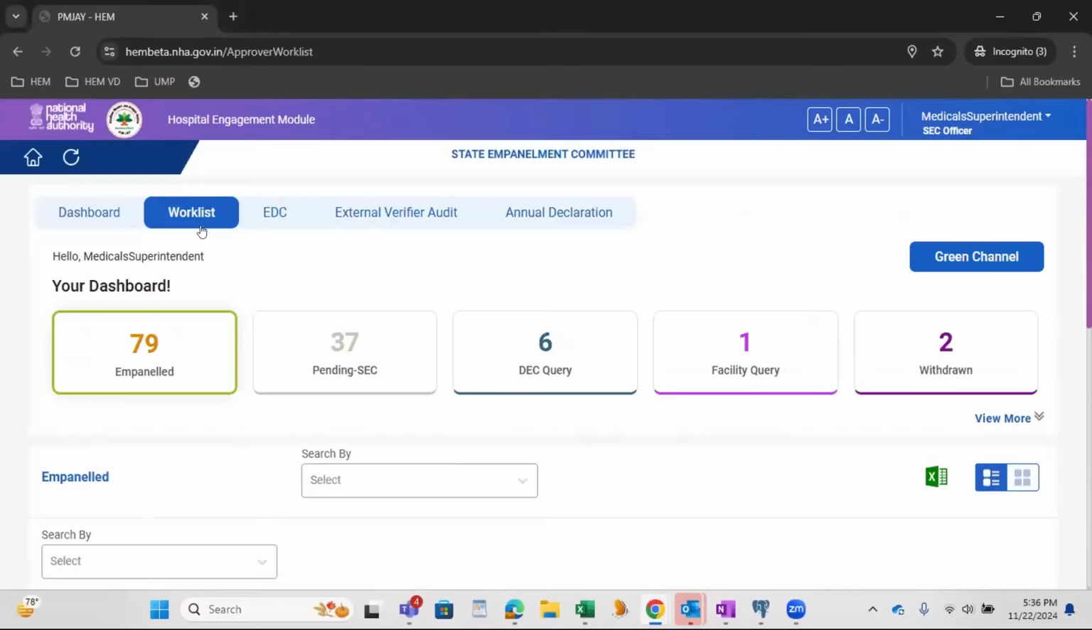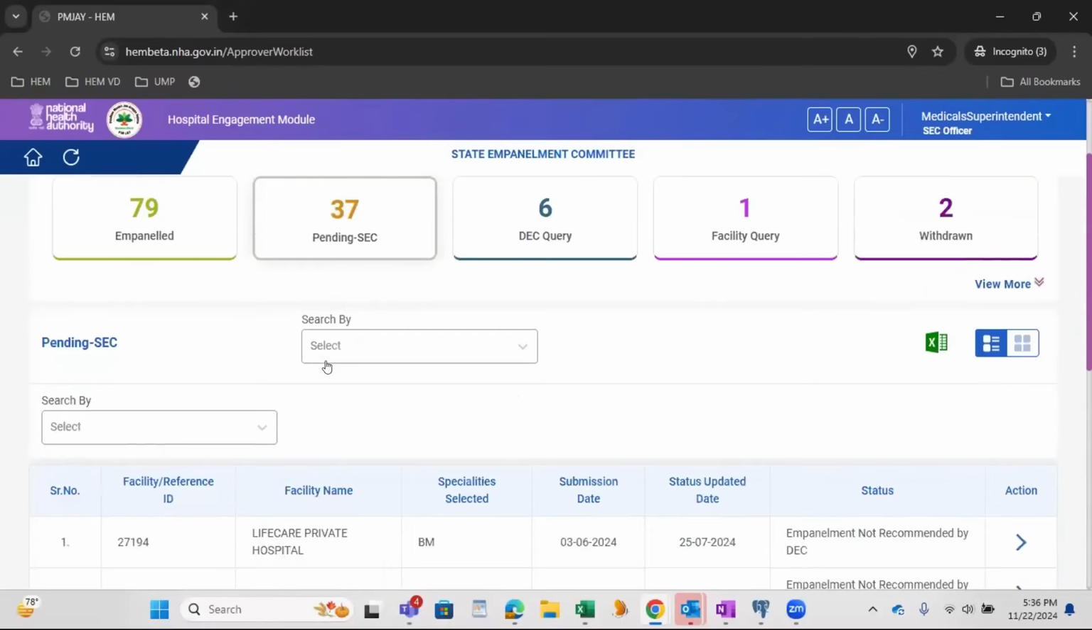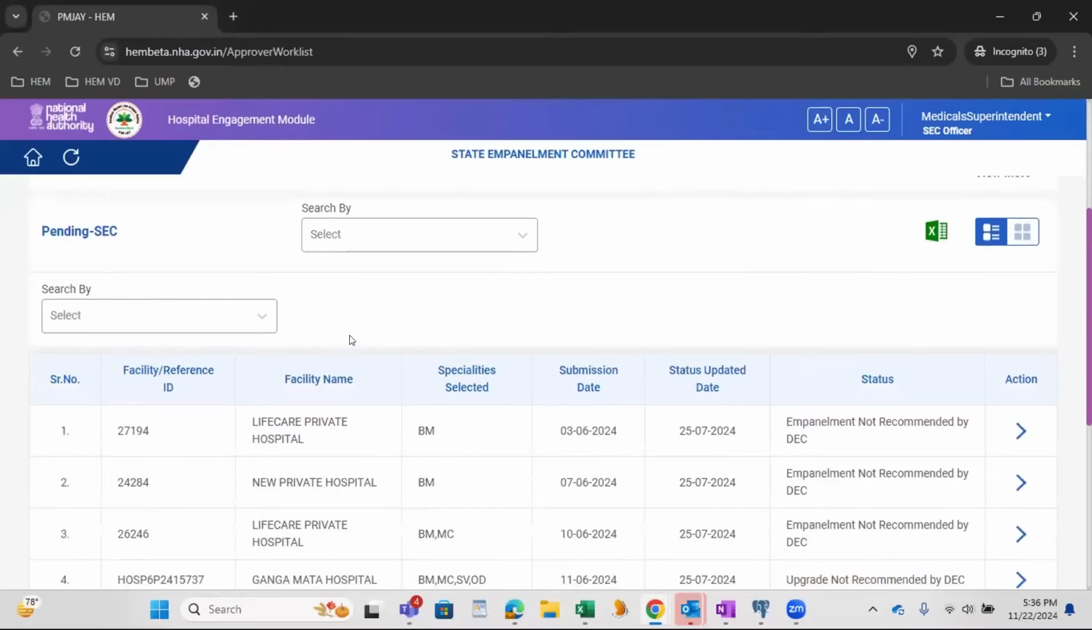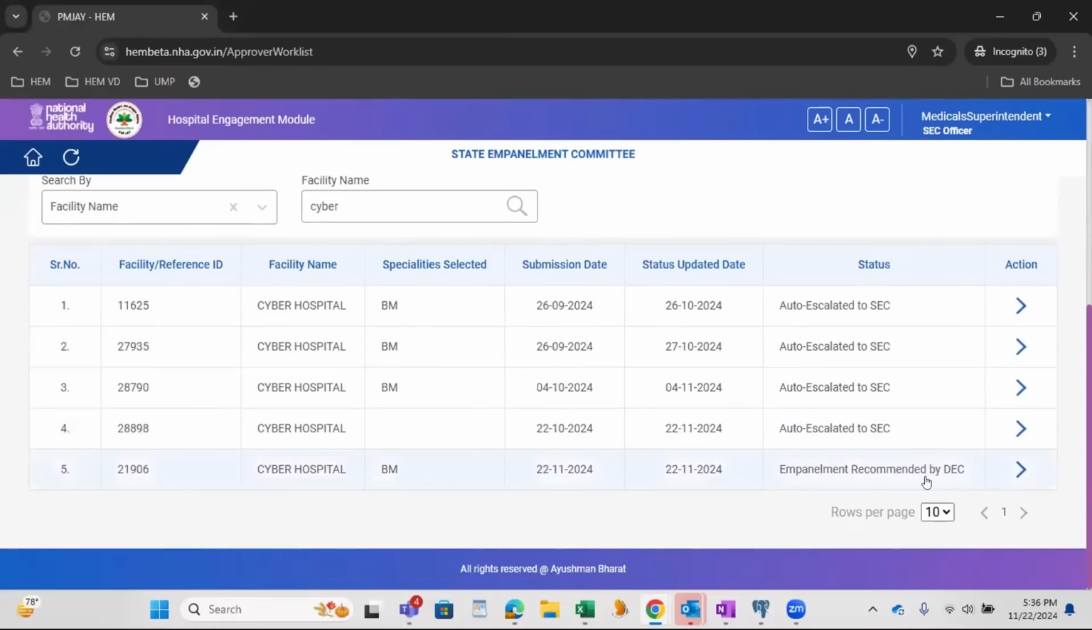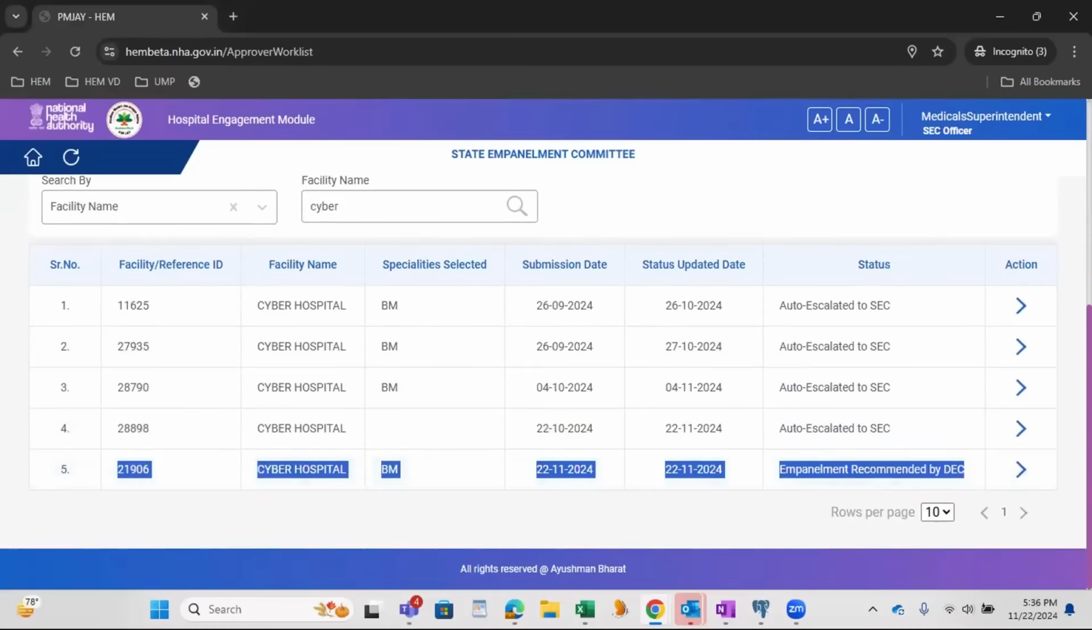So the request which is approved by DEC will come on the pending SEC card. So I have clicked on this pending SEC card. We have a search functionality also. If I click on search, Cyber was the name of my hospital. So this was the record which I submitted just now. If I click on this, open this record,